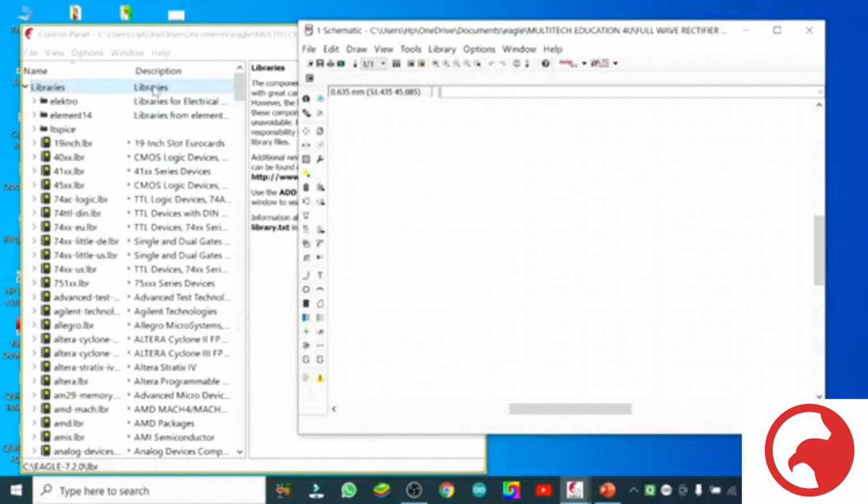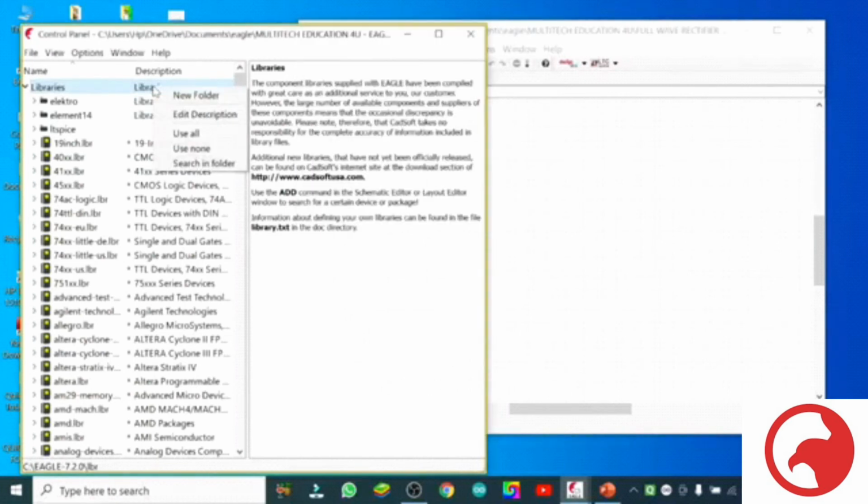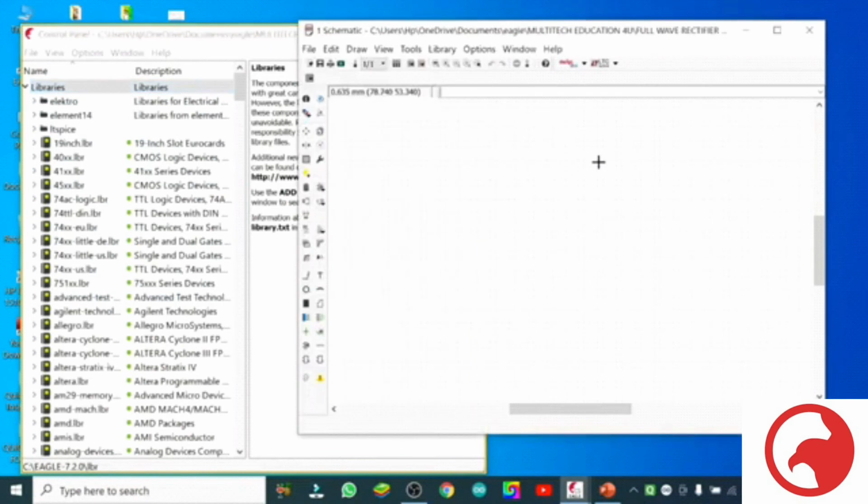So now we will come to library, and what we will do, use all. We will select, and you see the green dots appeared there. Now it is ready to drag these components in your schematic platform. So here the library role is finished.